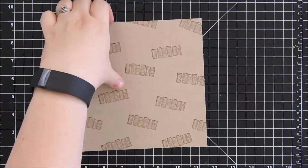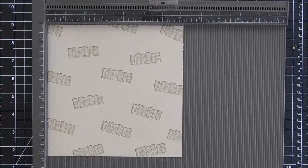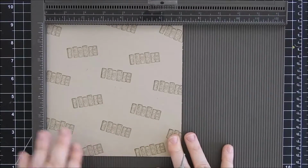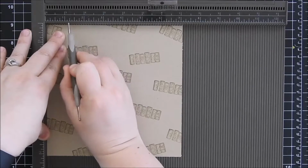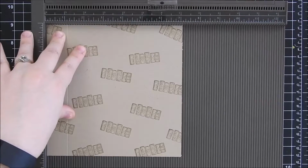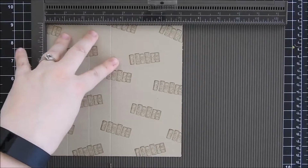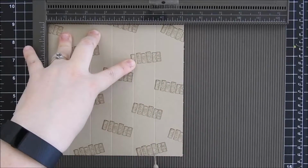All right, you're going to bring in your scoreboard. I'll make sure you guys can see that. Okay, and let me bring my measurements in so I remember here. So with the images that you want facing up, you're going to score at 1 1/8. So 1, 2, 3, 4, 5, 6, 7, 8. Then you're going to want 2 1/4. Then you're going to want 3 3/8. Then you're going to want 4.5. Then you're going to want 5 5/8 and 6